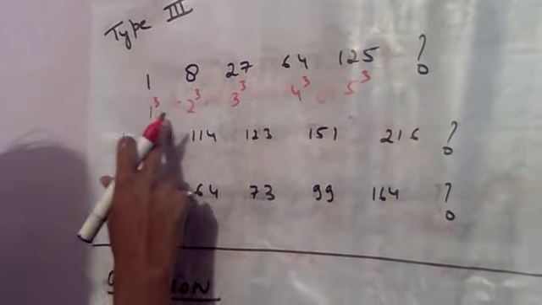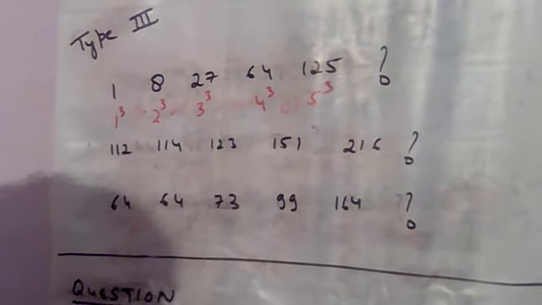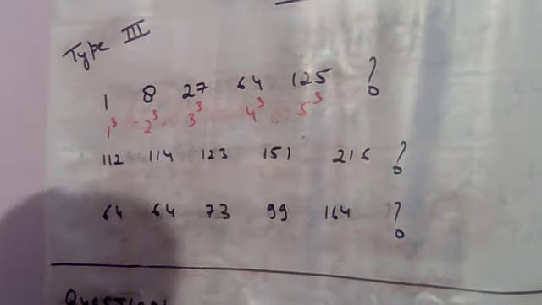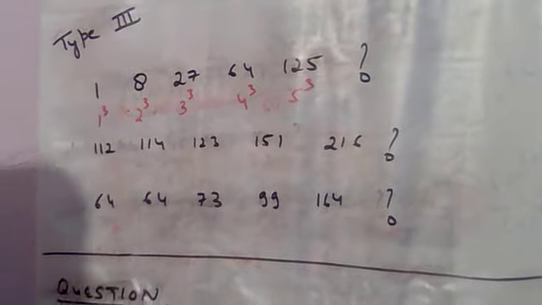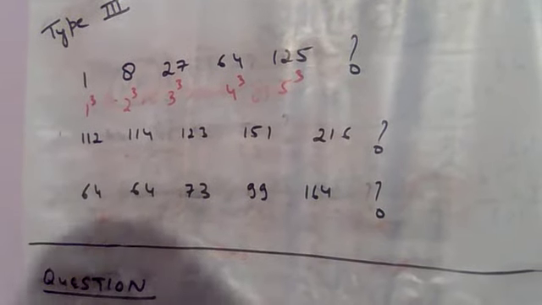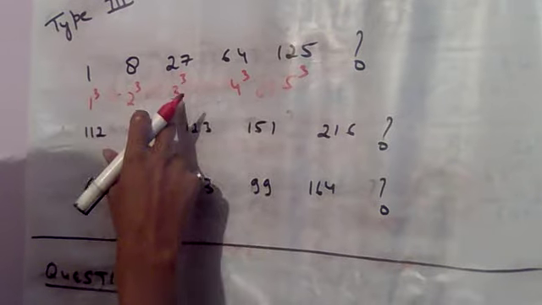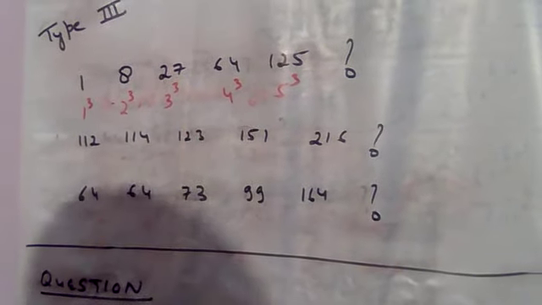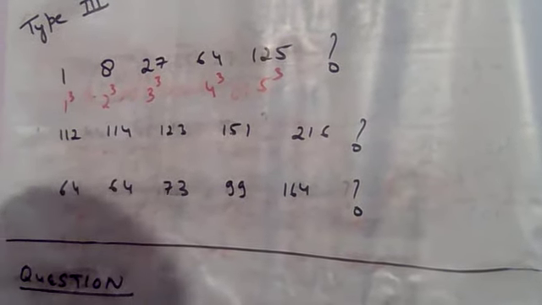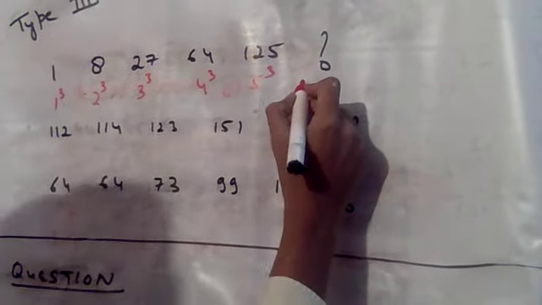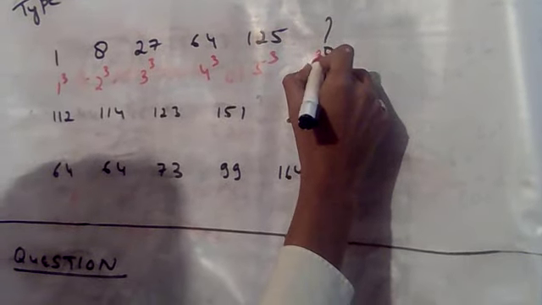So the numbers are the cubes of natural numbers. We started from 1, 2, 3, 4 and 5, and the next natural number would be 6, and the cube of 6 over here would be